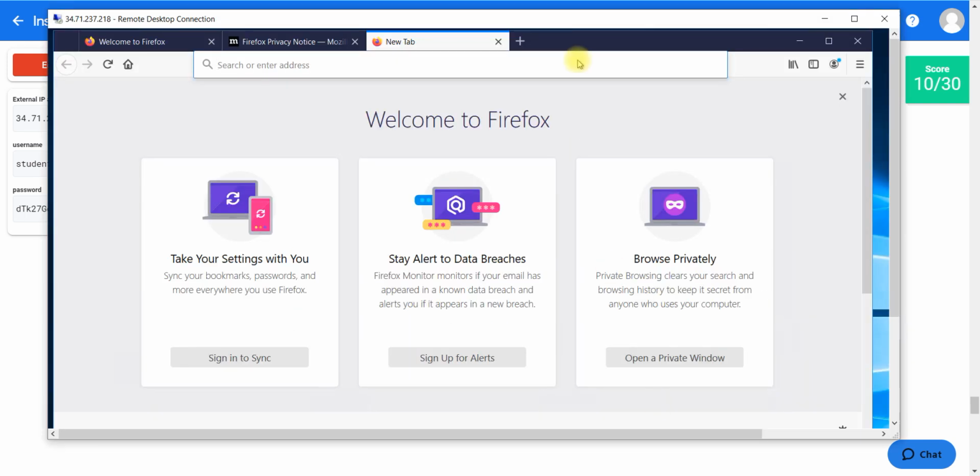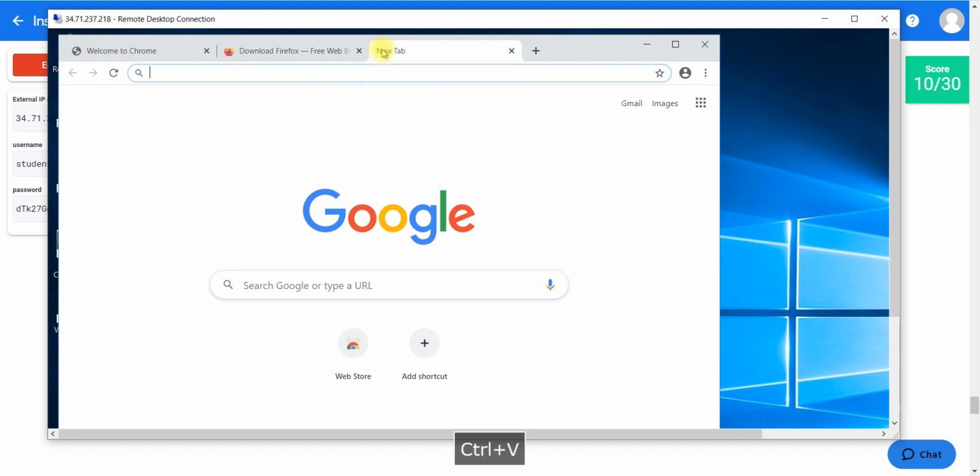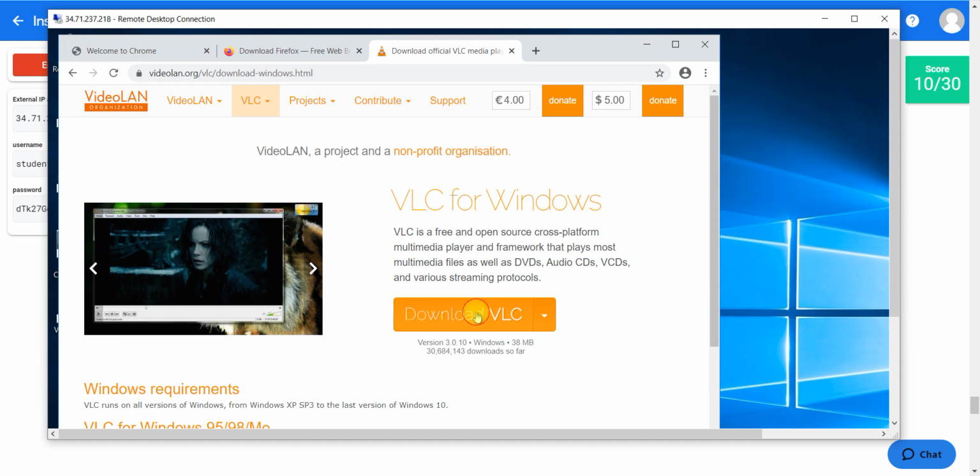I will go here and use Chrome only for this. Okay, Control V, open it and download VLC.